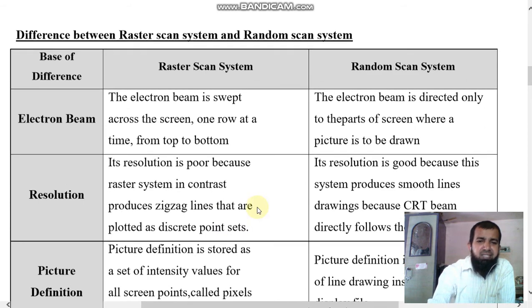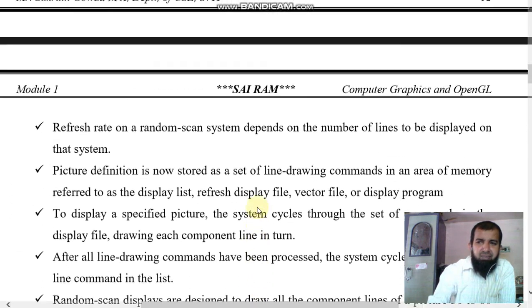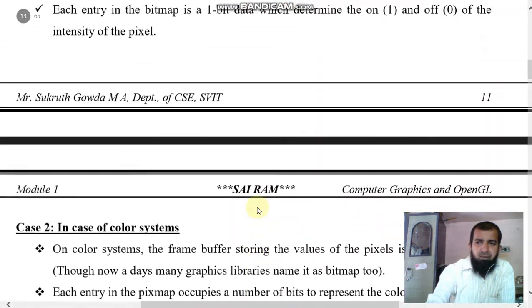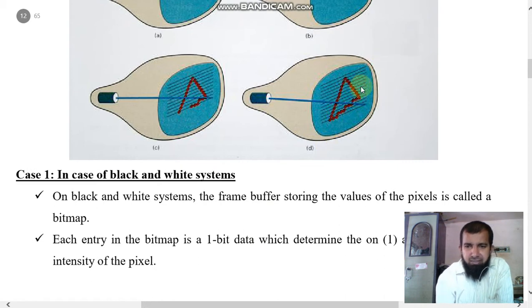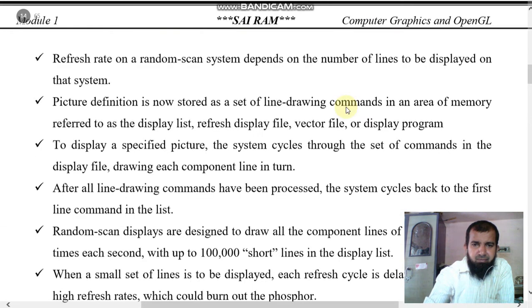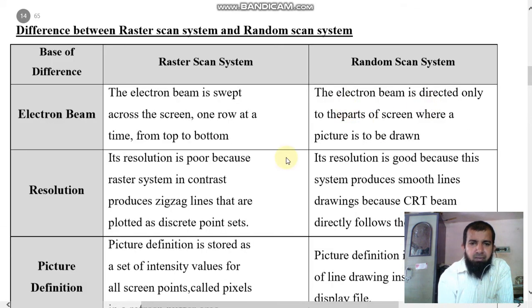See, for example, here it displays not a straight line. It displays zigzag lines. The line is not straight here.